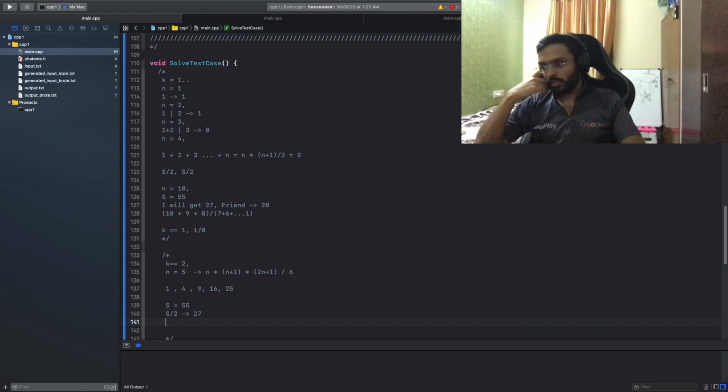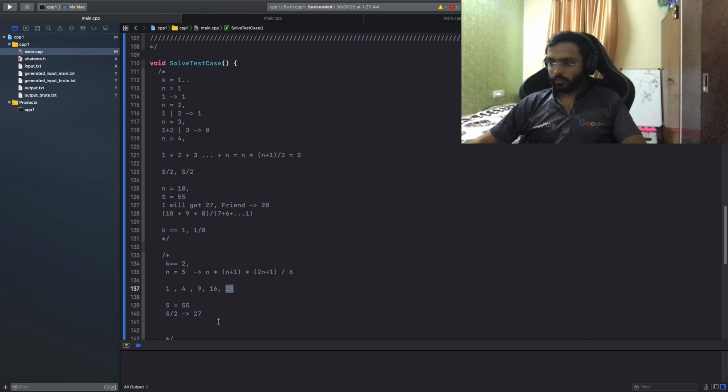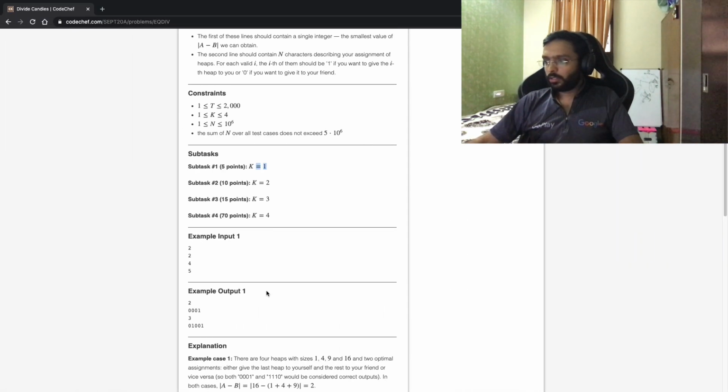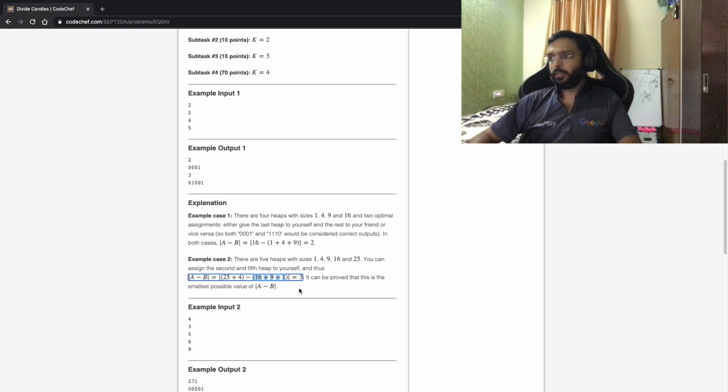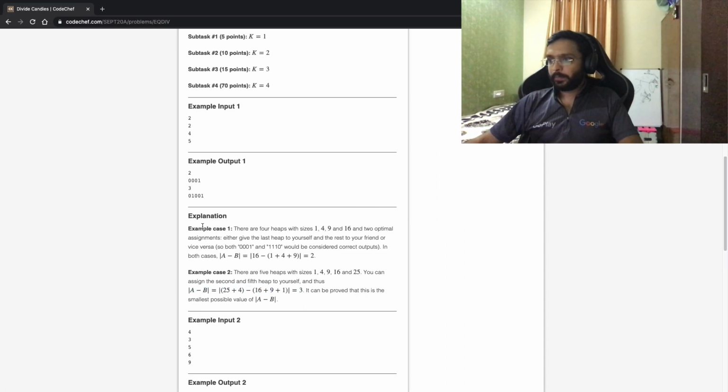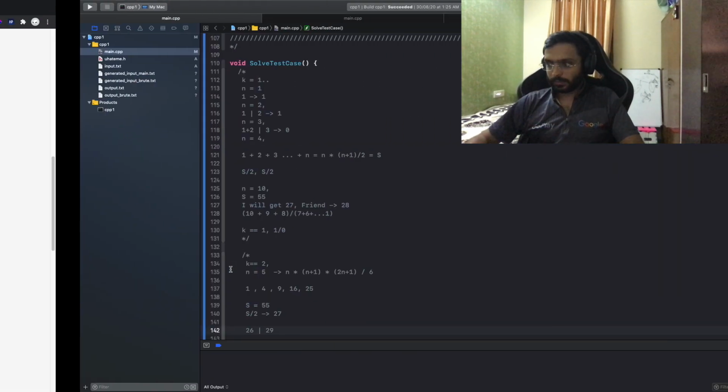Let's target 27, and then in fact I can't really create 27 from this, right? I would end up with 26 for one person and 29 for another. What answer have they given? So 29 and 26, 3. Yep, seems like it. So 3 is the minimum possible answer. Makes sense.